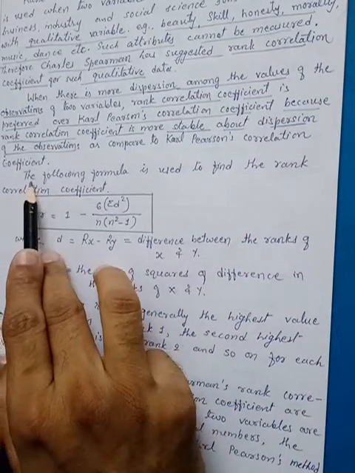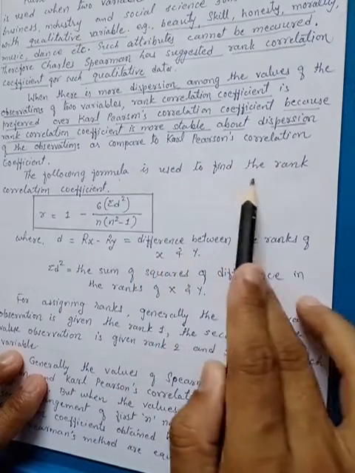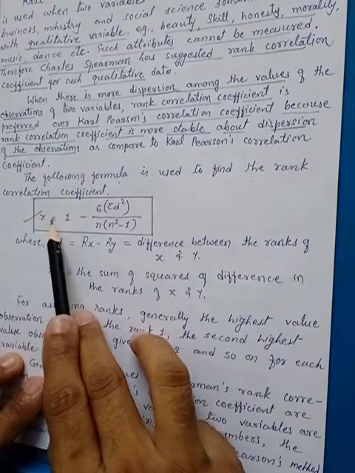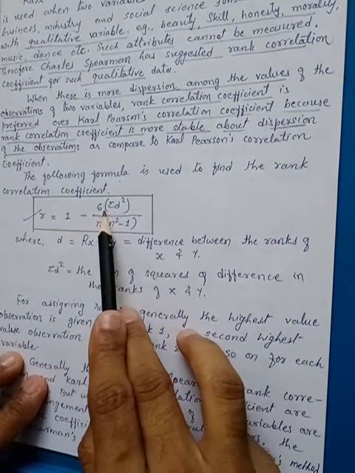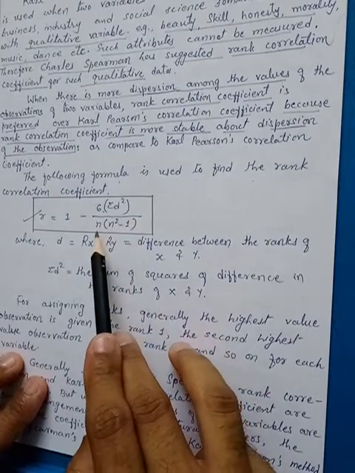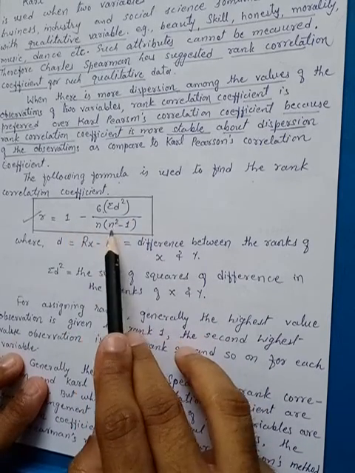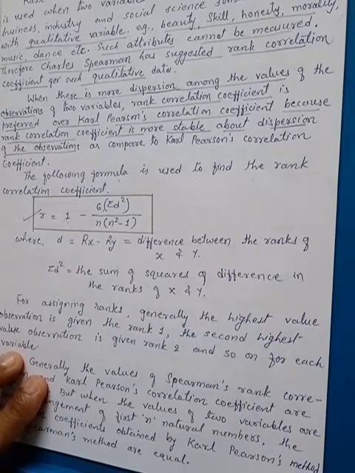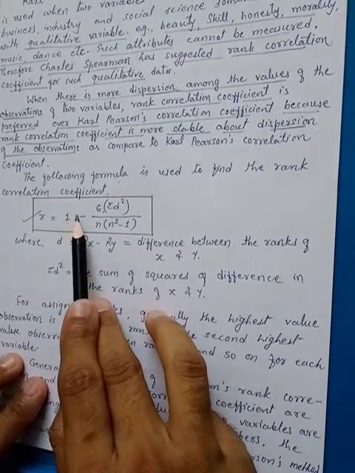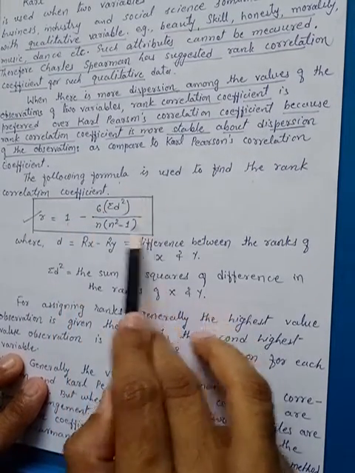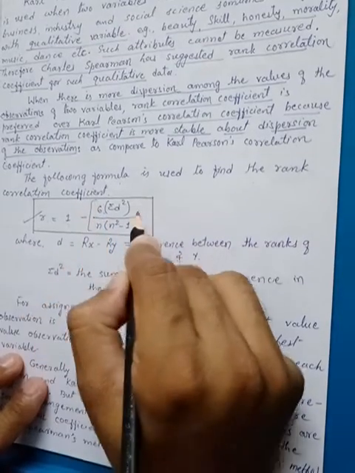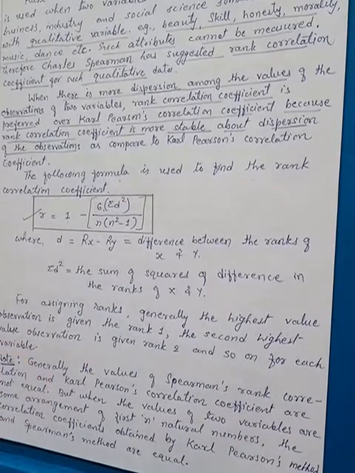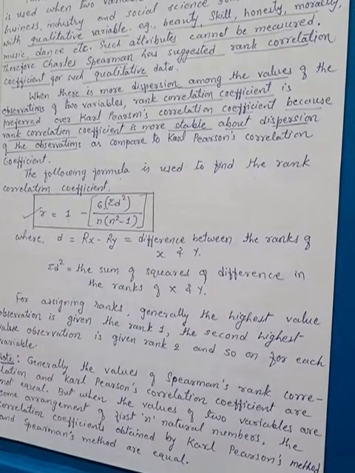See, on your screen it is available that the following formula is used to find the rank correlation coefficient, and that is given over here. Rank correlation coefficient R is equal to 1 minus 6 sum of d square divided by n into n square minus 1. The formula is important. See how it is written over here. 1 is alone, and the minus step is where the denominator is available. You can write it like this also, you can show the square bracket over here. This is a different step and this one is a different step. So 1 minus 6 sum of d square upon n into n square minus 1.